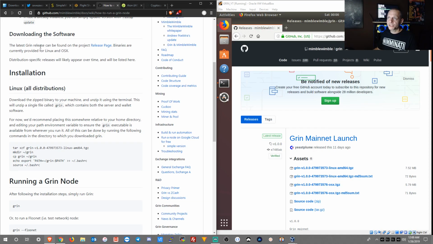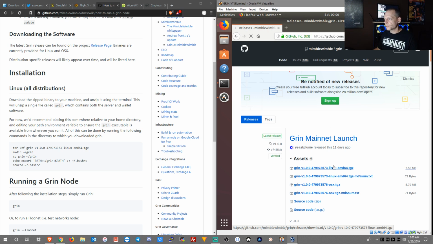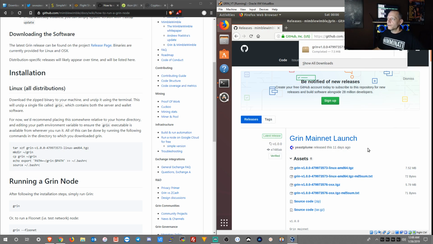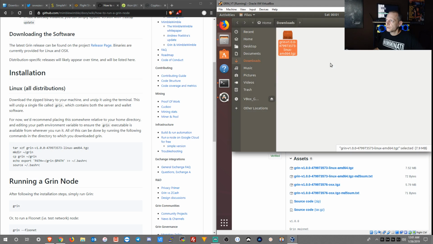All right, so it wants us to download the latest version of GRIN. We're on Linux, so we're gonna grab that version. I'm just gonna click on the top one here. Save the file. It's already done. I think it puts it in downloads. Yep, so it puts it in downloads. So it says download the zip binary to your machine, unzip it in terminal. And basically what they're saying right here is